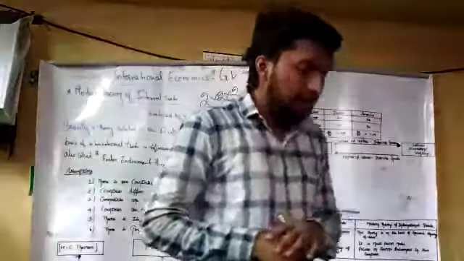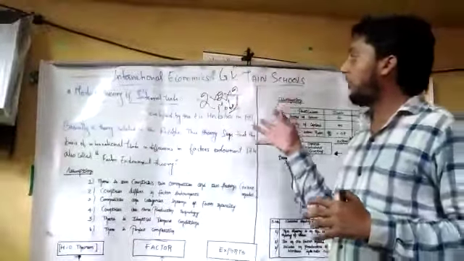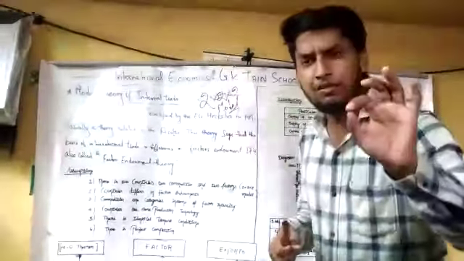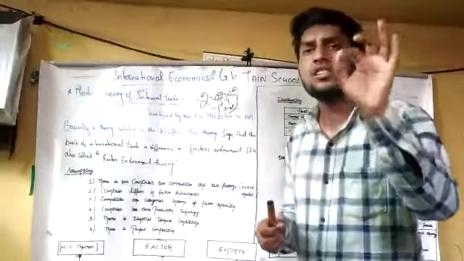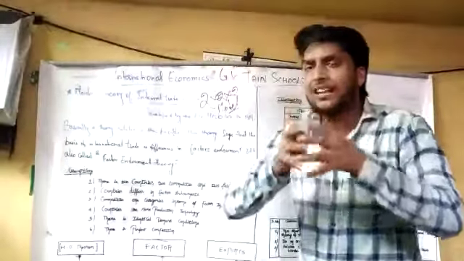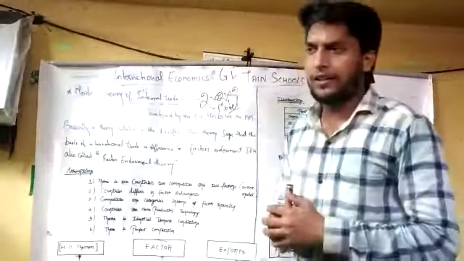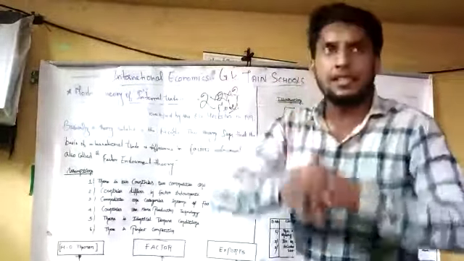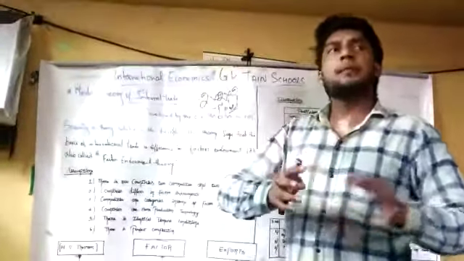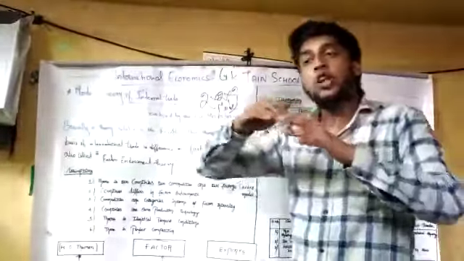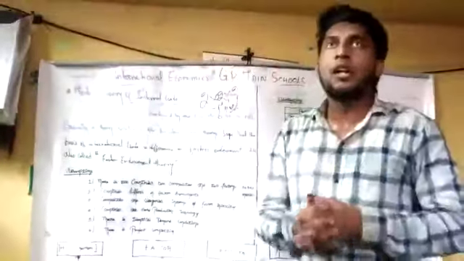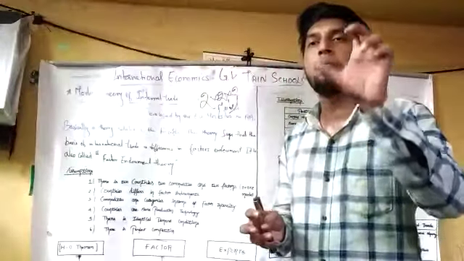So easy to understand, these are the basic things about the modern theory of international trade. In simple words, the modern theory of international trade deals with how the factor endowment can bring more profit to both of the countries with a lot of factors involved. When there is land, labor, capital, organization, also the external factors involved, with the help of that, how the maximum profit can be made.